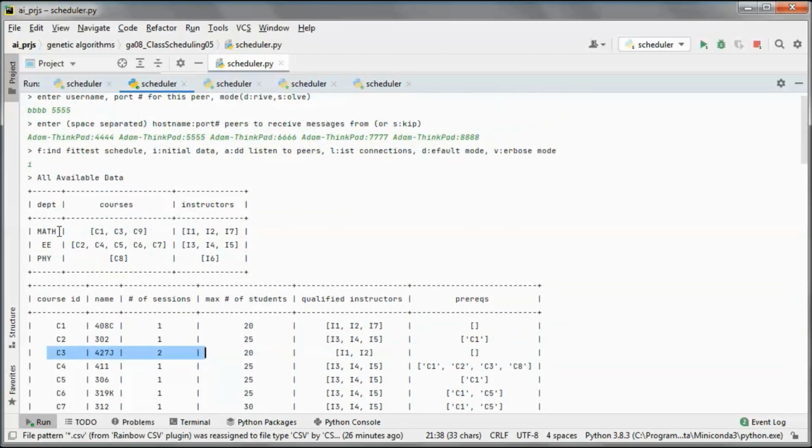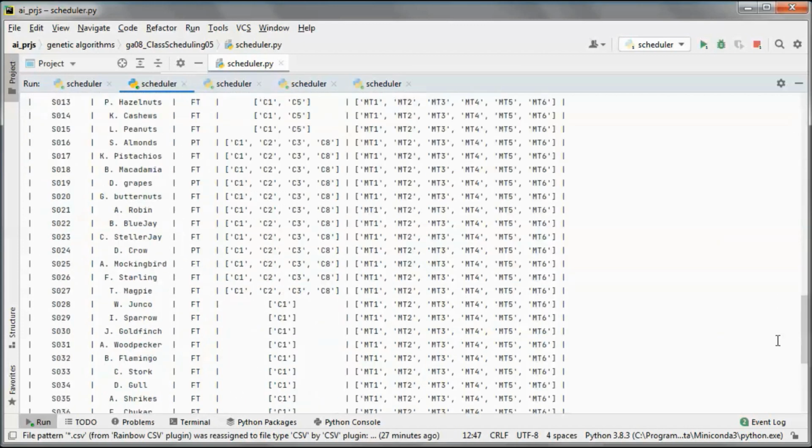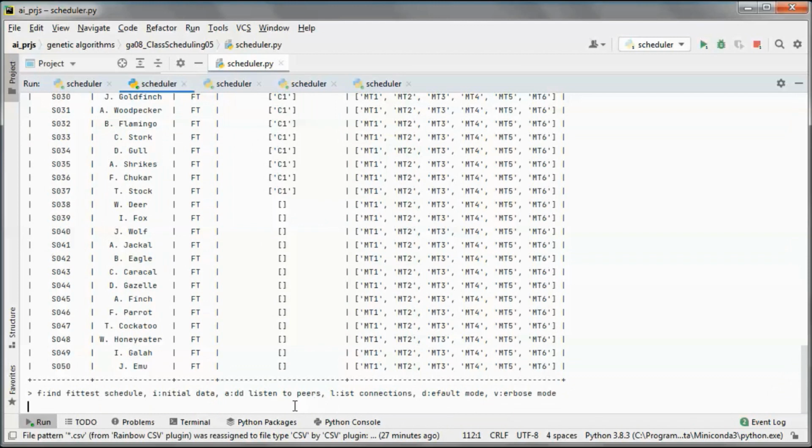And those are the departments and what courses each department offers, and who are the instructors affiliated with that department. And let's list the connections.